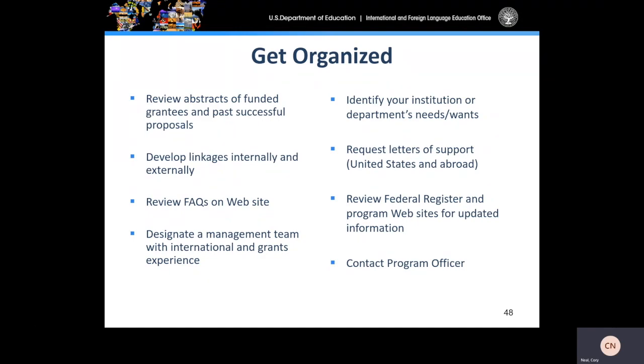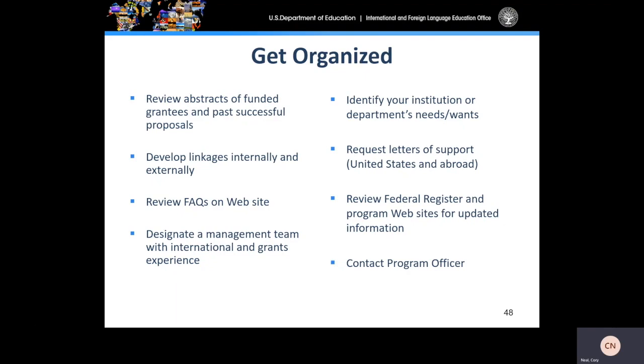In addition, applicants that have secured an external evaluator will send a strong signal to peer reviewers that you're serious about evaluation. We strongly encourage applicants to review the FAQs on our website, which have been recently updated, and we advise you to designate a management team with international and grants experience. We also advise that you identify your institution or department's needs and wants and request letters of support both from the United States and any host institutions abroad.